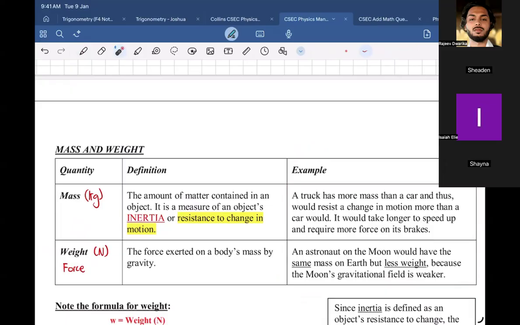While we're on the topic of weight, weight is influenced by gravity. So do you think somebody would weigh the same on Earth versus on Jupiter? No. Would their mass remain the same? Yes, because it's the amount of matter they have in the body. The matter isn't going to change. All right, I'm going to move on.